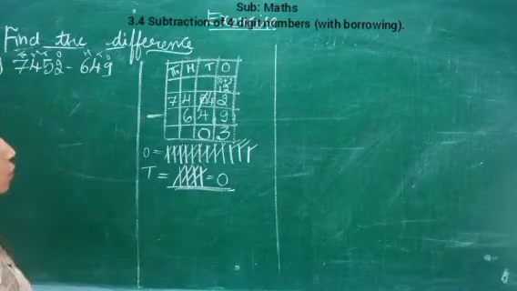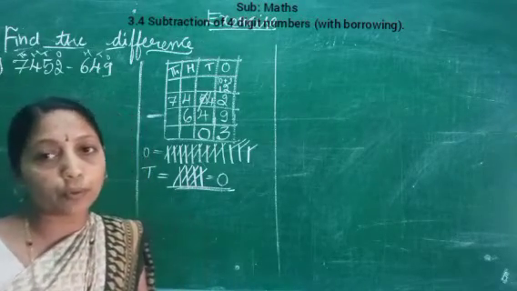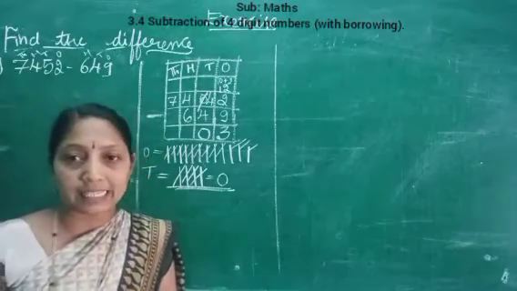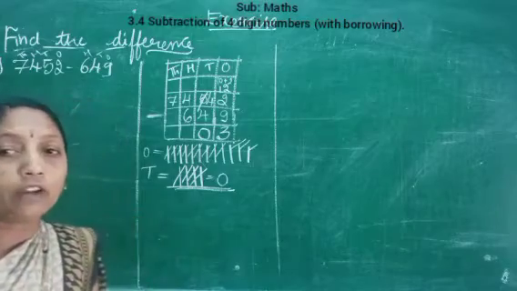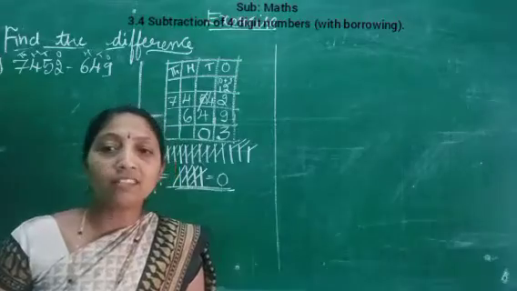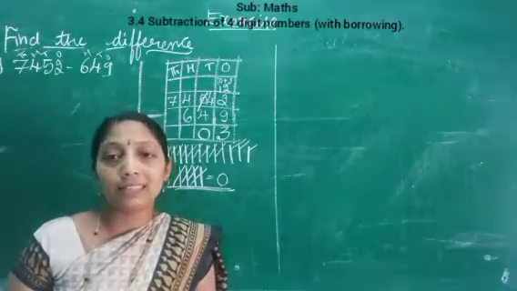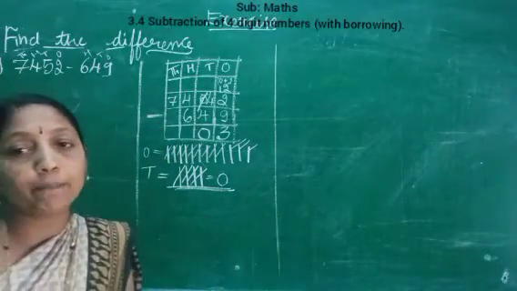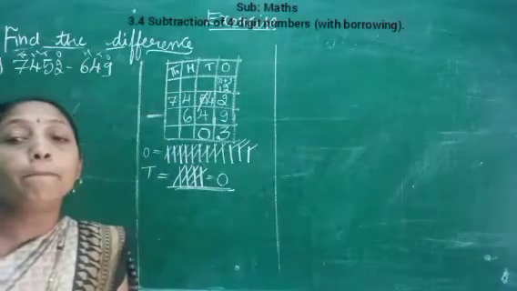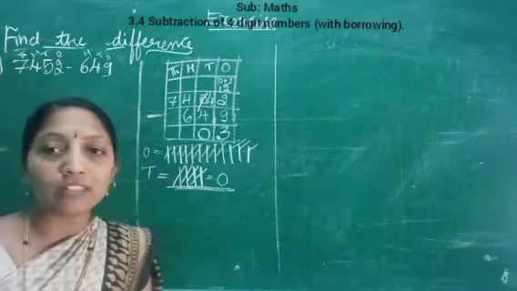Okay, next we go to the hundreds place. The number is 4, and 4 is not subtracted from 6. Why is it not subtracted? 4 is less than 6; 6 is greater than 4. It would be easy to subtract 4 from 6, but the top number is 4 and the bottom number is 6. That's why it is not subtracted.